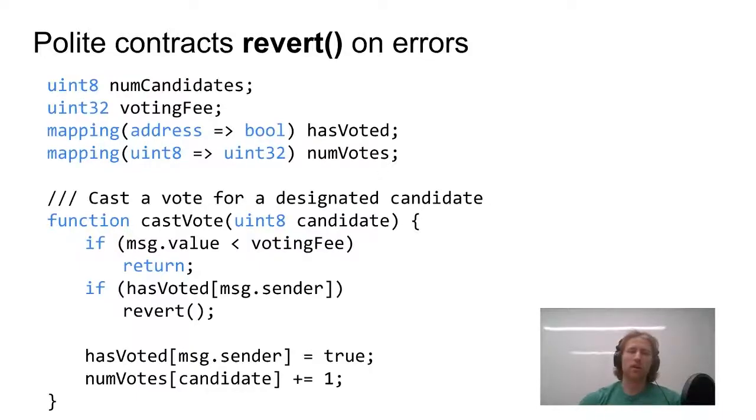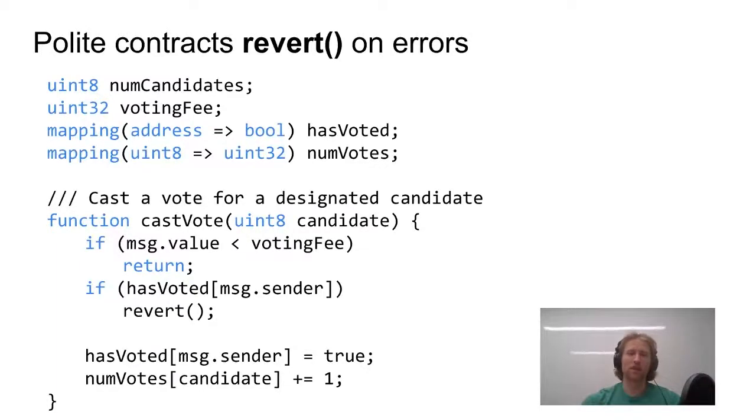So what's the difference here? Return will halt execution there, but it will commit any changes to permanent storage. Whereas revert, of course, will undo everything. So the upshot of that is that if somebody calls your function incorrectly by passing too low of a fee, the contract will actually retain the fee because you called return instead of revert. Whereas if somebody tries to vote twice, they'll basically get their money back. So you can see why it's considered more polite to revert, because that means you won't be capturing callers' money that they tried to send you if they called you in the wrong way. It's also generally just safer to do a revert, which ensures that no changes are made unless a function actually